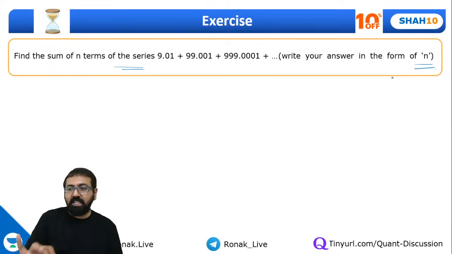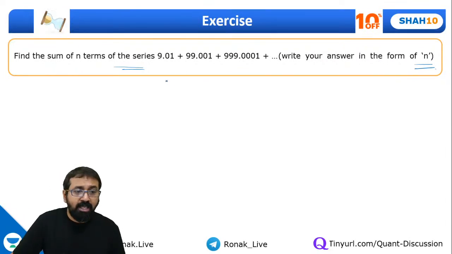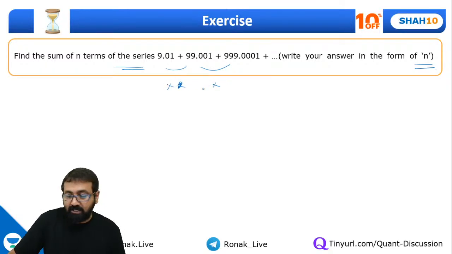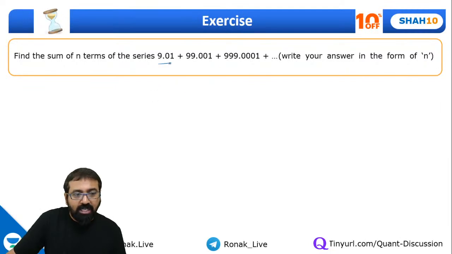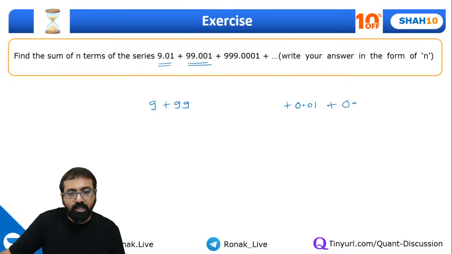Now guys, let me explain this question because you may get confused unless you have solved this earlier. So pay attention. Whenever you come across something like this, just observe them. It's neither a GP nor an AP. You are not adding some constant value, nor are you multiplying by some constant value. So this is neither AP nor GP directly. So you can simplify this one. Can I say 9.01 can be written as 9 plus 0.01? Same way 99.001 is nothing but 99 plus 0.001.